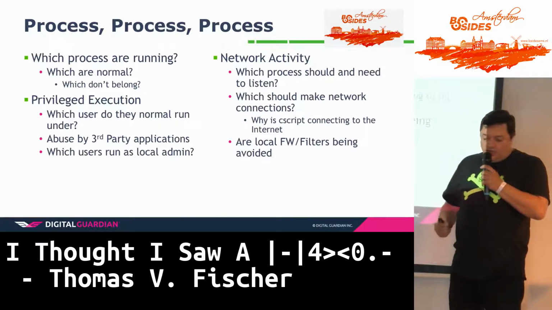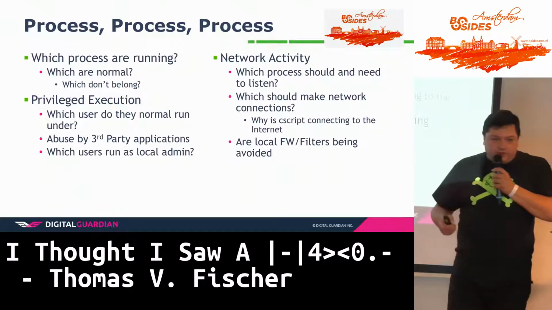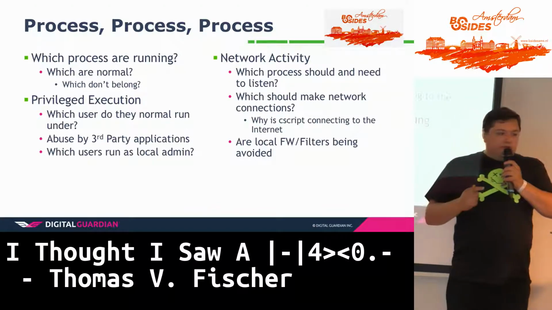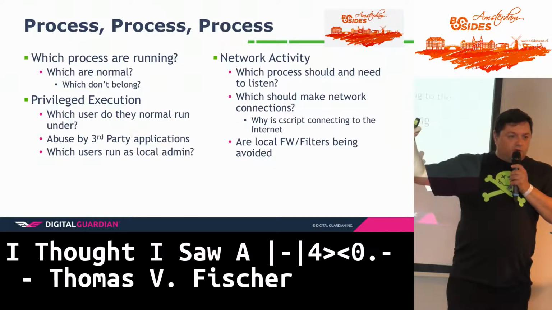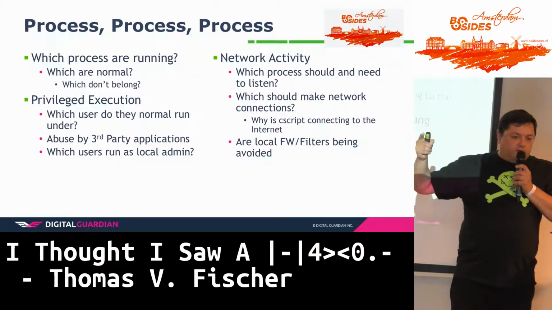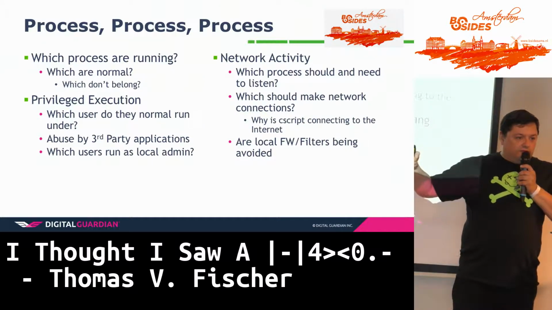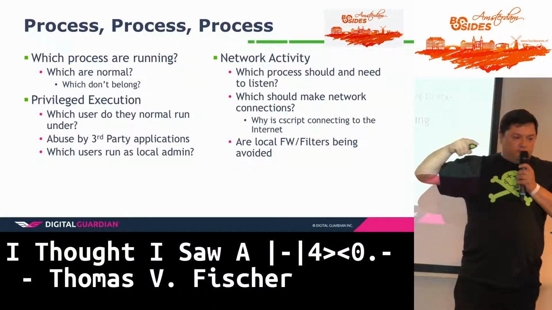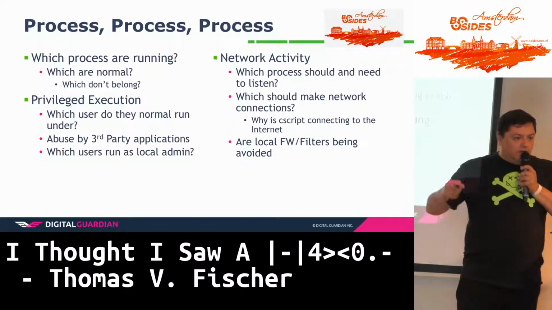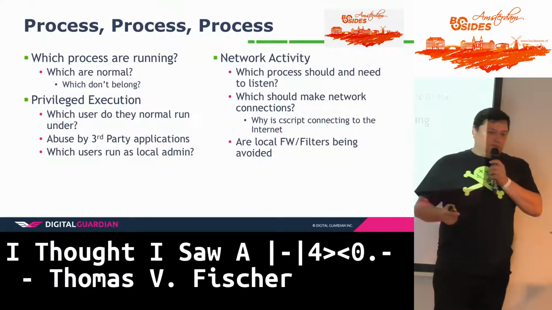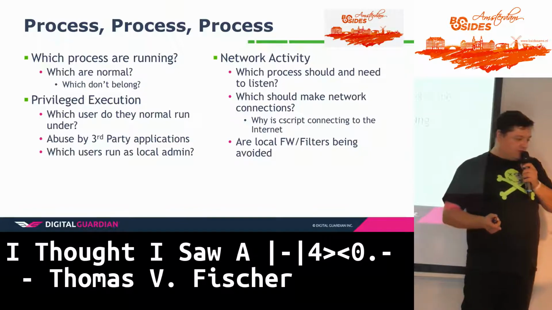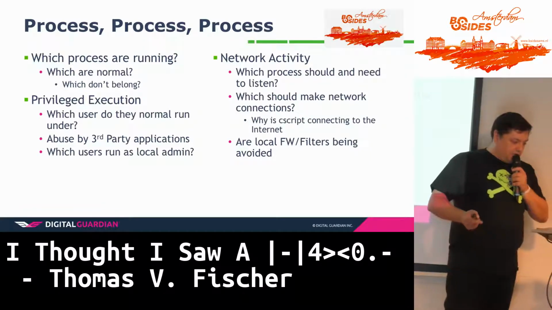Network activity. Network activity coming out of an endpoint is really interesting because it can be quite different from the network activity that you're seeing in your firewalls because, for one thing, if somebody's put in a Tor proxy or anything like that, you're going to see the Tor traffic. You're not going to see the applications initiating the connection through that Tor tunnel. But if you're monitoring the endpoint, you can actually see those connections. So you can see the original destination IP address that the user's trying to go to or that the process is trying to go to.